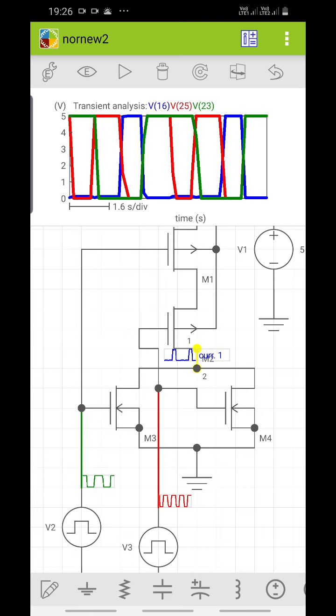So everywhere we can see blue is at ground. For all the combinations except for both A and B being 0, output is low. Only when A and B are 0, output is high. In that way we can check the output. Hope you all understood this.